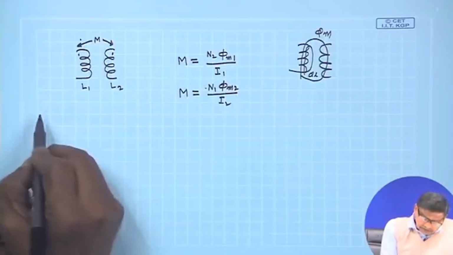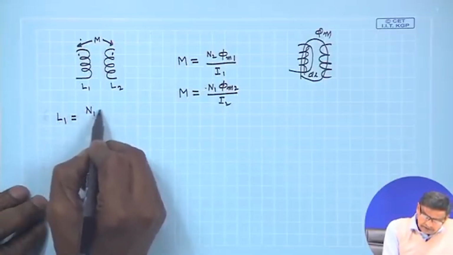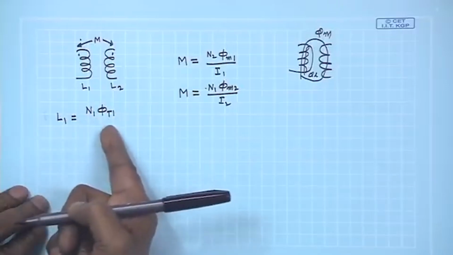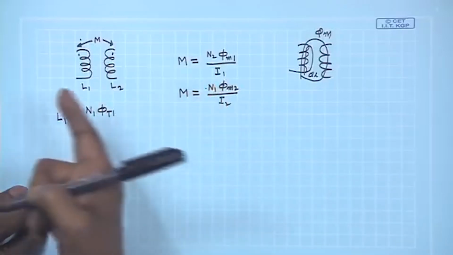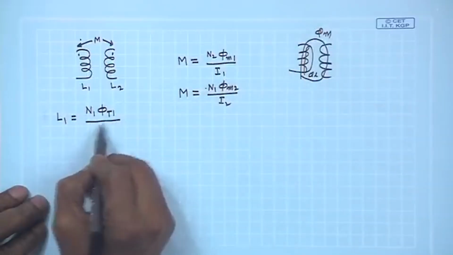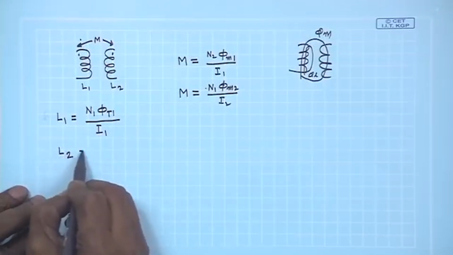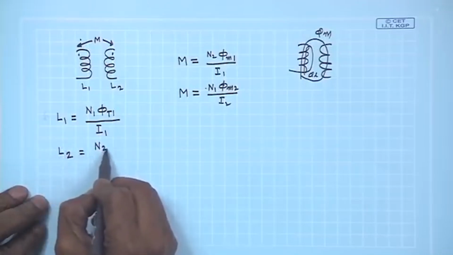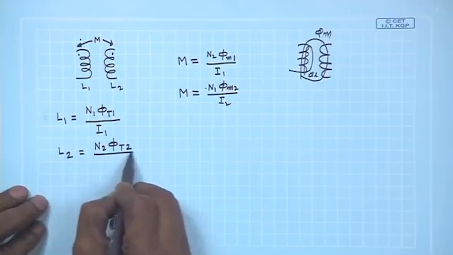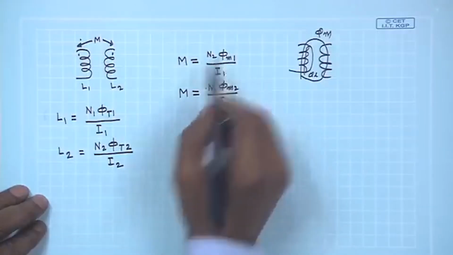Recall that L1 was defined as N1 into phi T1 divided by I1. What is phi T1? It is the total flux, the sum of leakage flux phi L and mutual flux phi m. And L2 was denoted by N2 phi T2 divided by I2. Now, this mutual flux